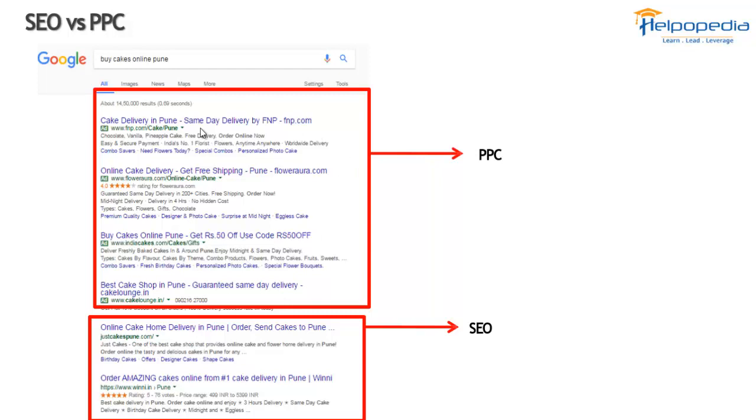Now the main difference is that over here our ads will come up only till the time we make the payment. Once the payment stops, the ad also stops. But over here whatever efforts we have taken, these results will remain for a longer period of time. So in the long term these are very helpful because these are going to stay over here.